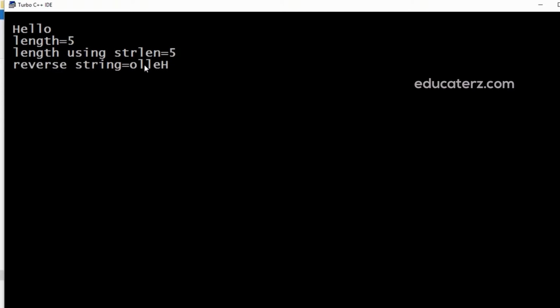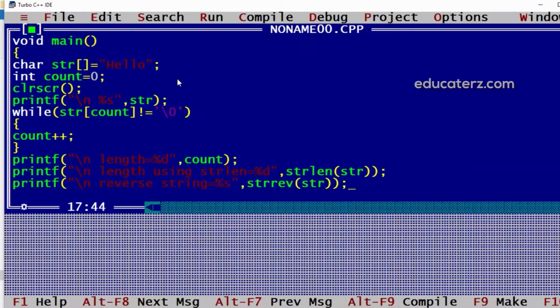So the value is reversed over here, OLLEH. This way we can reverse it. Now if I want the concatenation function to be used, concat is nothing but append.